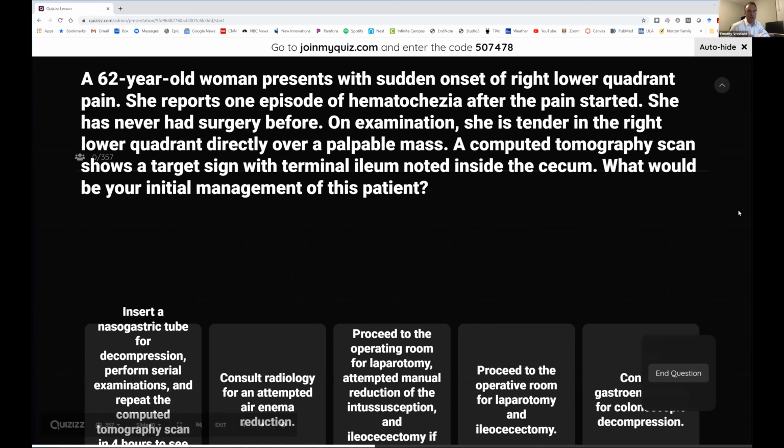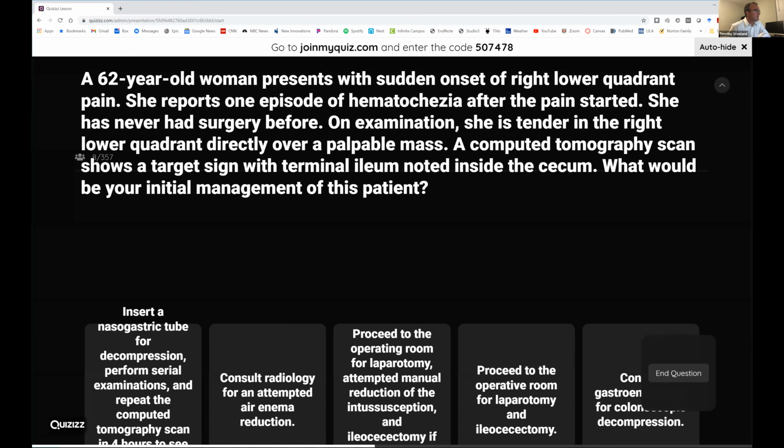All right, a 62-year-old woman presents with sudden onset of right lower quadrant pain. She reports one episode of hematochezia after the pain started. She has never had surgery before. On exam, she is tender in the right lower quadrant, directly over a palpable mass. CT shows a target sign with the terminal ileum noted inside the cecum. What would be your